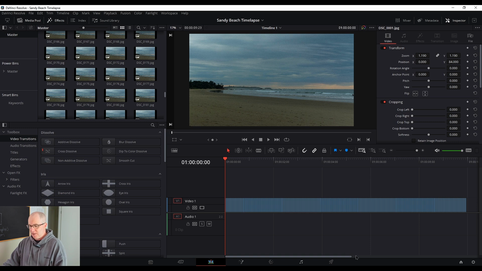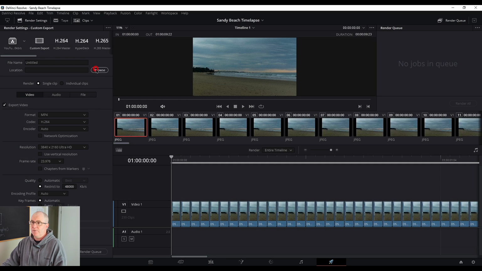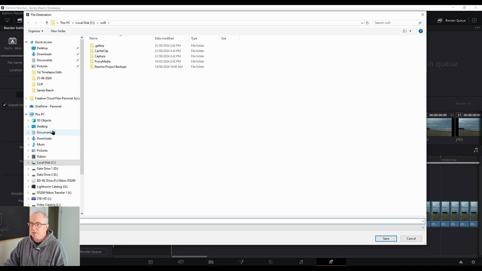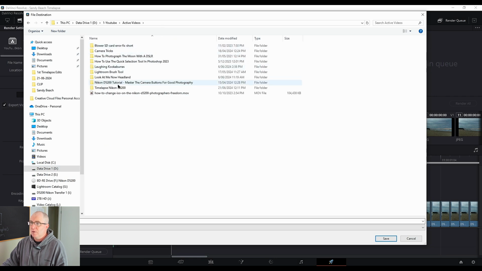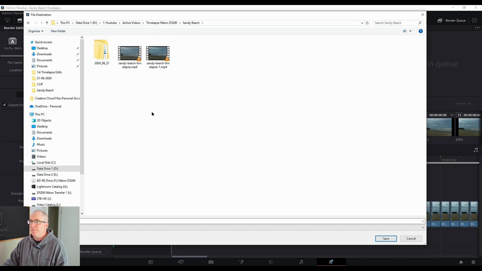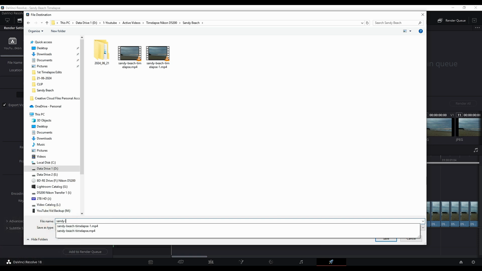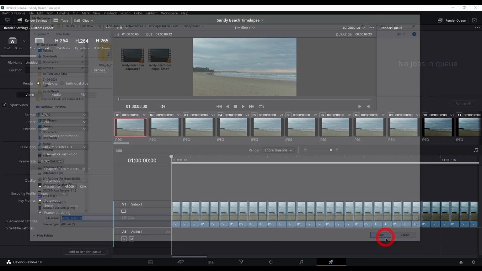And then I can come over here to the Export tab and find the folder I want to put them in. Where is it? Here we go. Please excuse the next door neighbour's dog. If you can hear that, that thing barks all day long and drives me insane. Sandy Beach DaVinci Resolve, we'll call it, and save that.